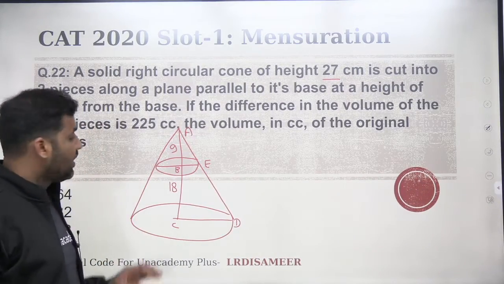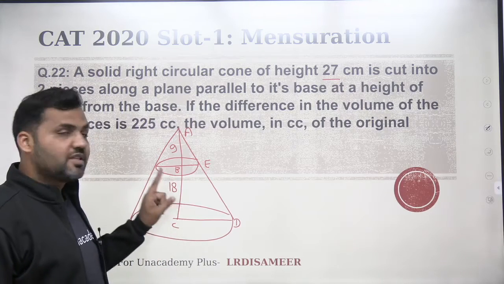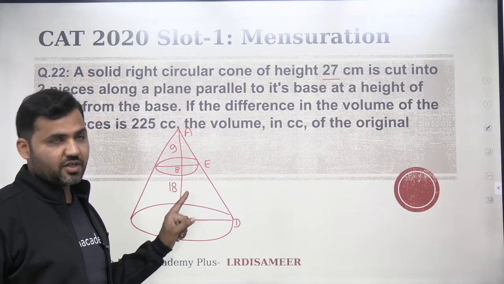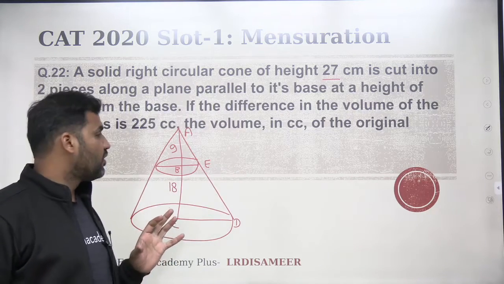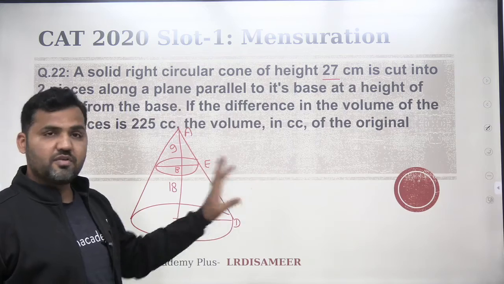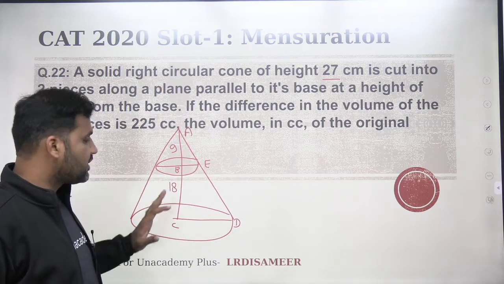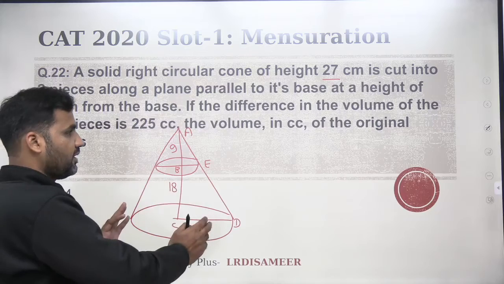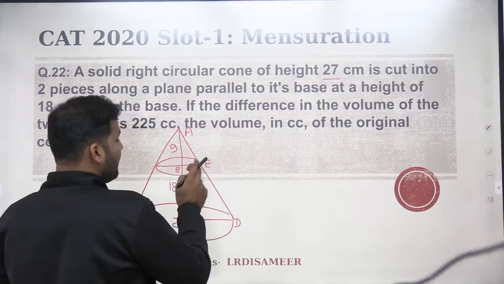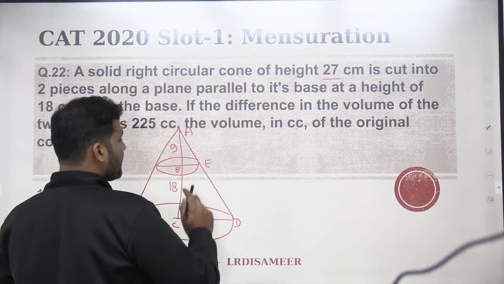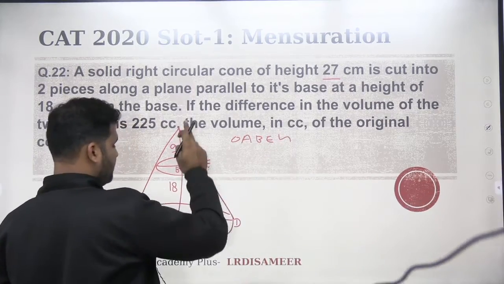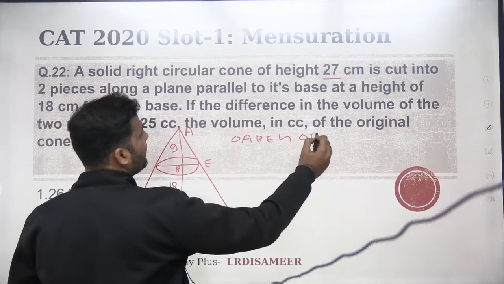Now, the question is very simple. Actually, this question is again repeated. A similar question was asked in CAT 2018. Most of the questions of CAT 2020 were taken from the previous year CAT papers, as I have told you in the previous question also. So this again is a 2018 question, and the concept is similar. What we are supposed to do here is, this base is parallel to this base. So therefore, the triangle ABE will be similar to triangle ACD.